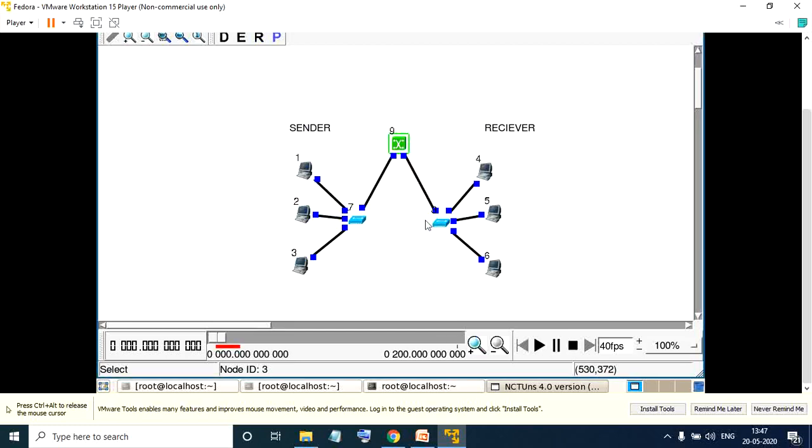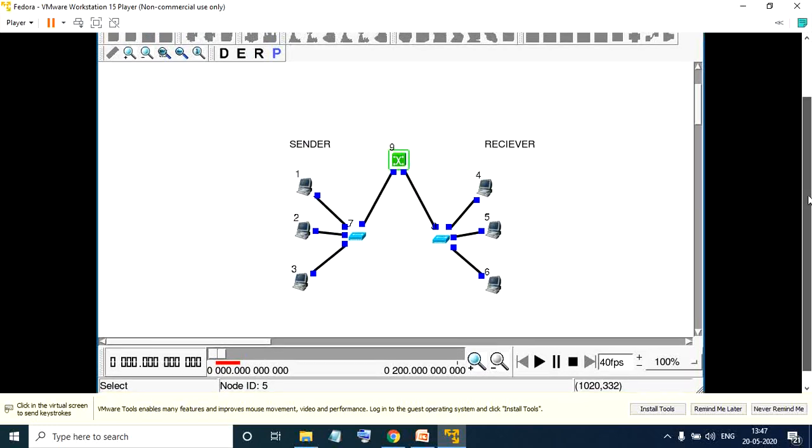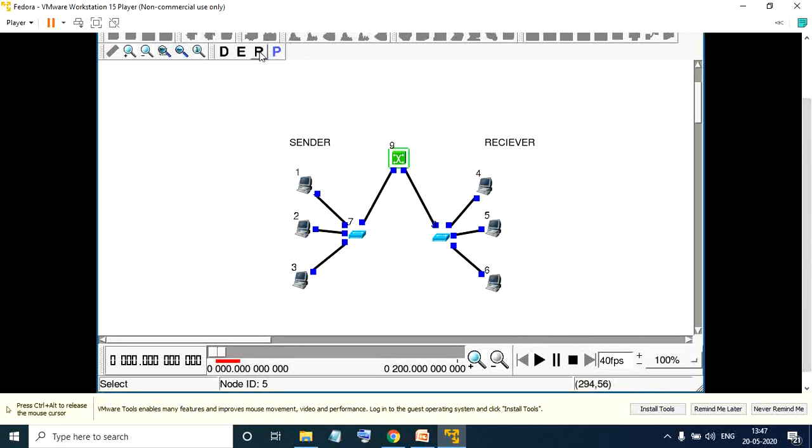The last step here is your playback step, the P step. It has been activated already. I'll press this play button. Once I press it, I'll pause it to check whether the data transfer is happening. You can observe that due to data transfer, the lights are blinking. If I play it again, you can see the lights are blinking, which denotes that data transfer is happening. So this is done, friends. We are done with the playback method.